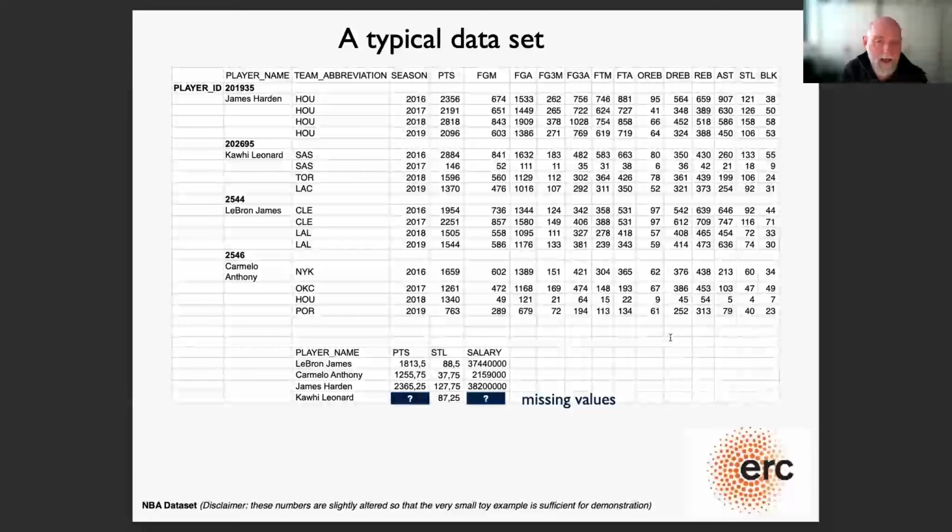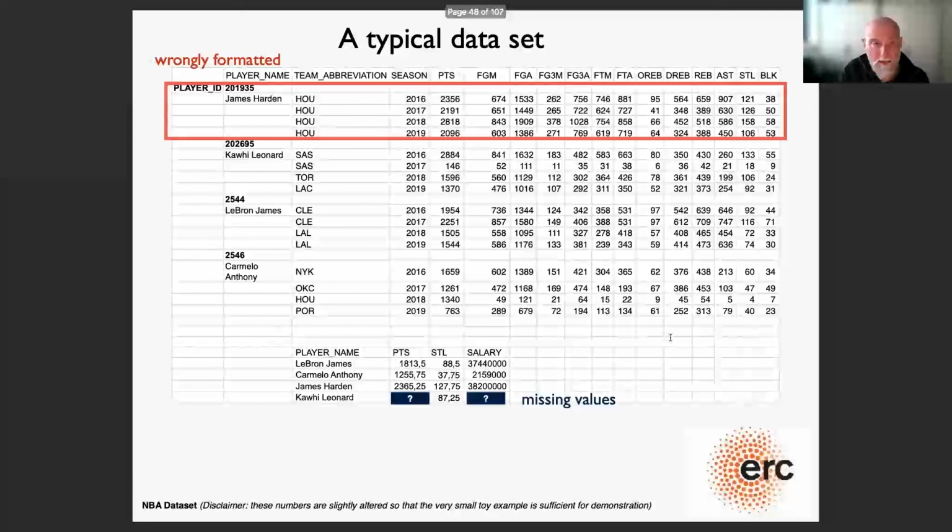Maybe you want to predict the points and the salary of this player on the basis of the other data of this guy and of what's in the table. You can also see that standard methods won't directly work on that, because, on the one hand, this is wrongly formatted. It's not like typical attribute value or variation thereof.